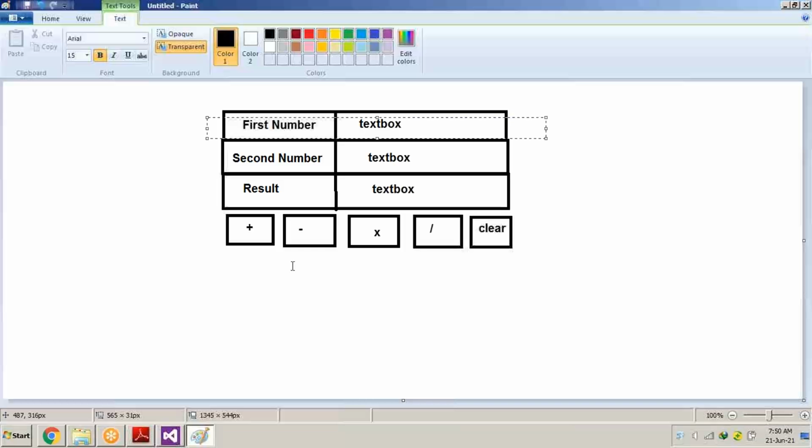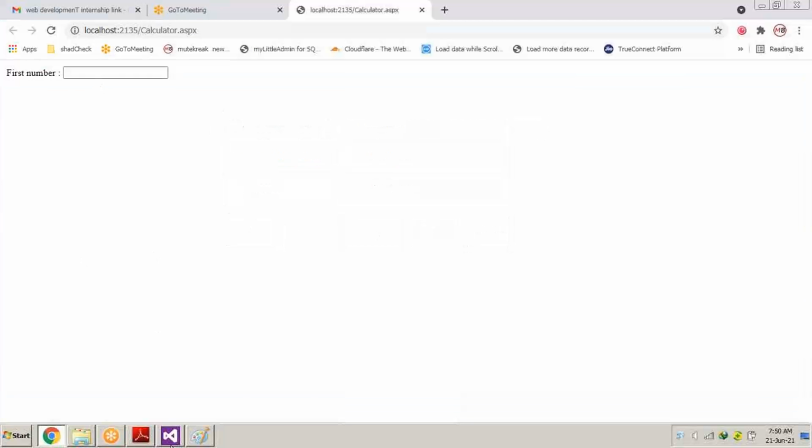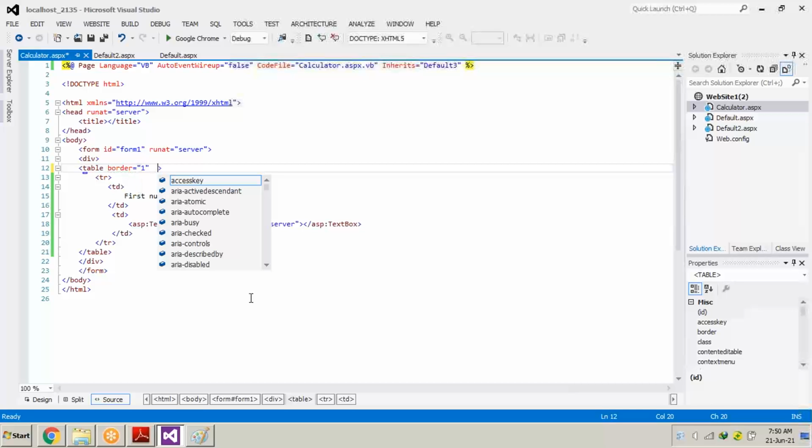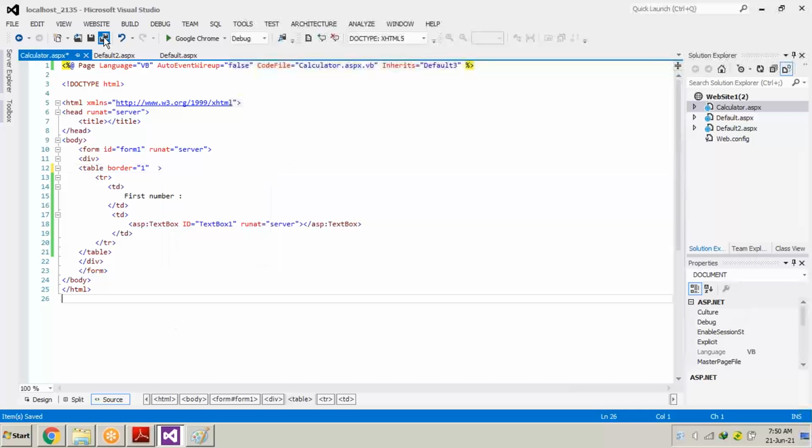Now remember, in this picture we have an outer line also, but the output of this table doesn't have an outer line. So what we will do is add a small word inside the table tag. After TABLE we put a space and add border. Border equals, the inverted commas appear automatically, and we have to select 1. After adding the border, if we refresh the page, you can see a border appear with the table